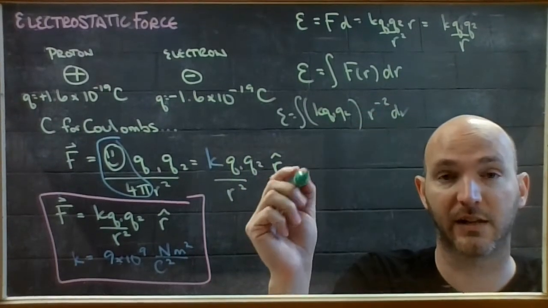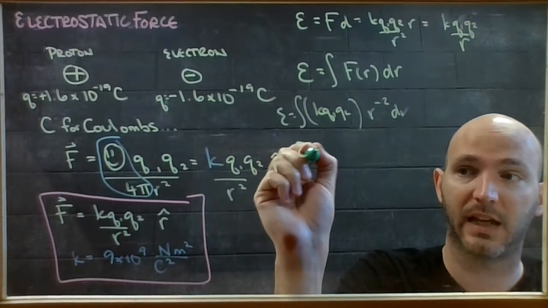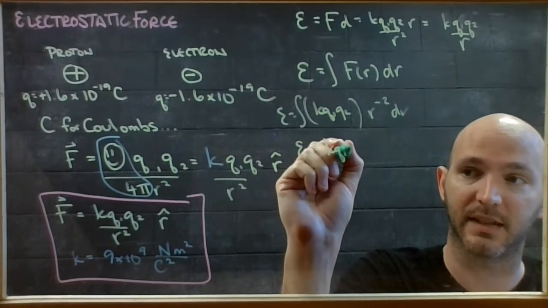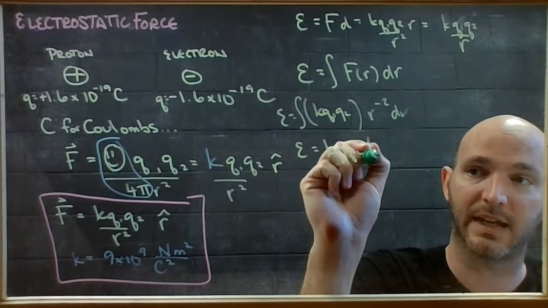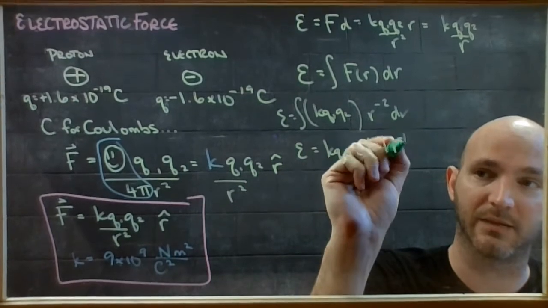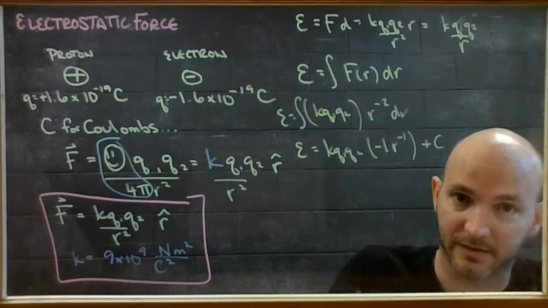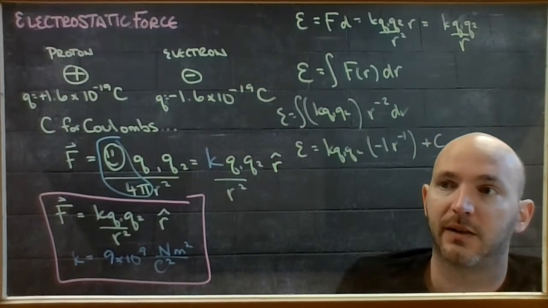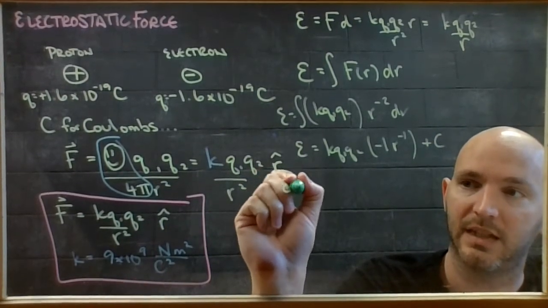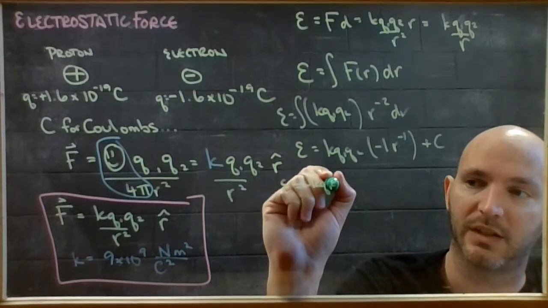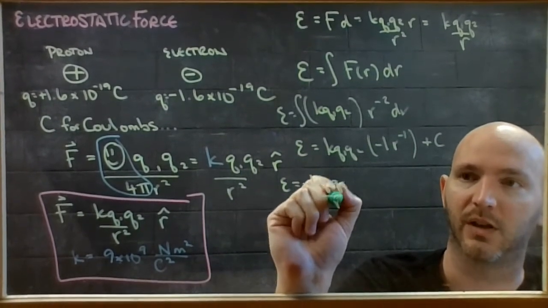If I integrate r to the negative 2, I end up with these constants left alone, and negative 1 r to the negative 1, plus a constant. Which gives me E equals negative k q1 q2 over r